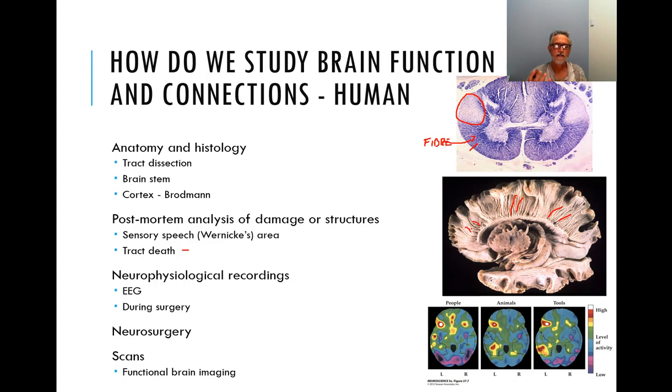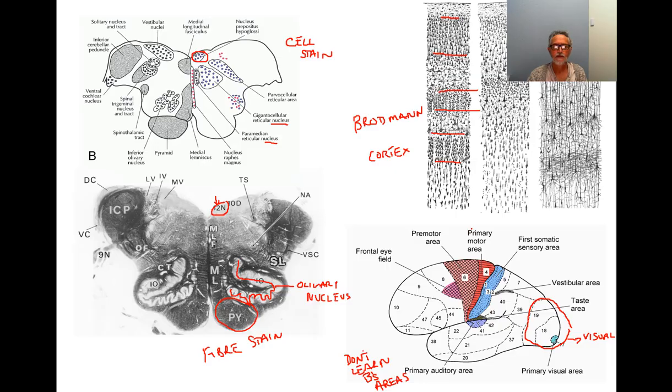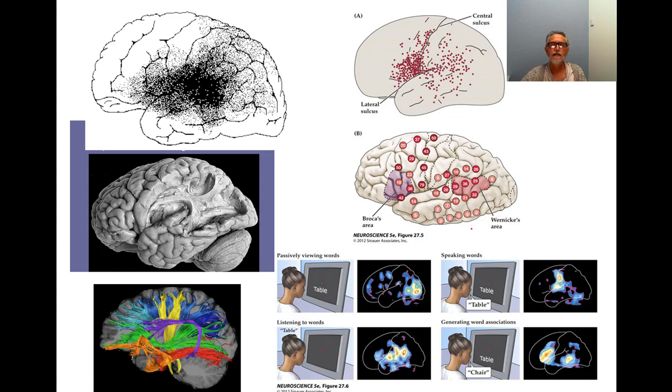Another area is when brains are damaged. We can, again, post-mortally examine them and sort out what's going on. And so, for example, this is a diagram of the sensory speech area,